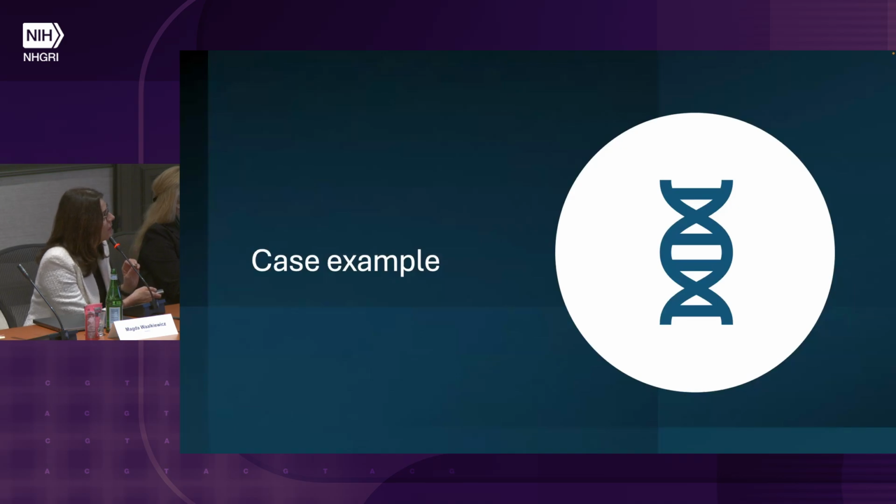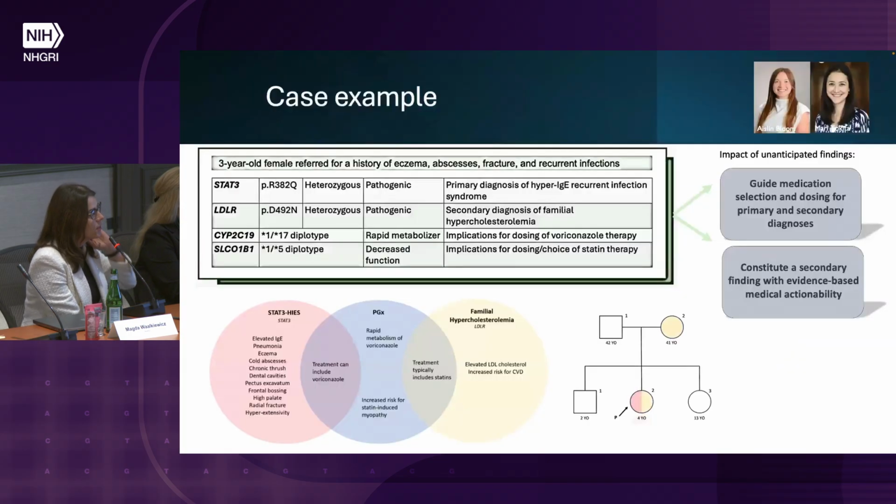And then I'm just going to talk about this case example to illustrate the points that I've been making throughout this presentation. This was a 3-year-old female that was referred to us for a history of eczema, abscesses, fracture, and recurrent infections. She actually came to us with a diagnosis of STAT3 hyper IgE recurrent infection syndrome. But because we are interested in not just the main molecular diagnosis, but also the other aspects that I've discussed here today, we performed genome sequencing for her